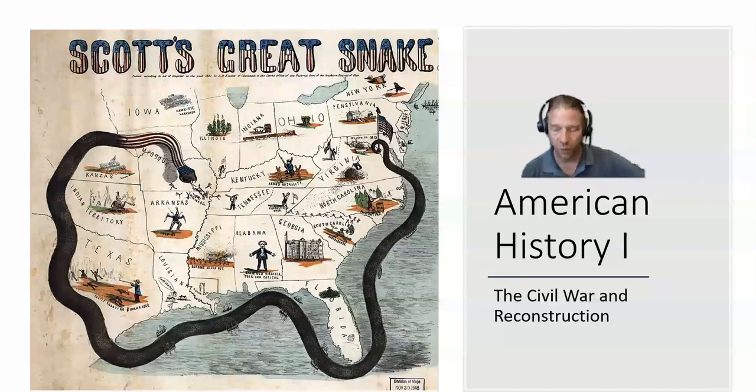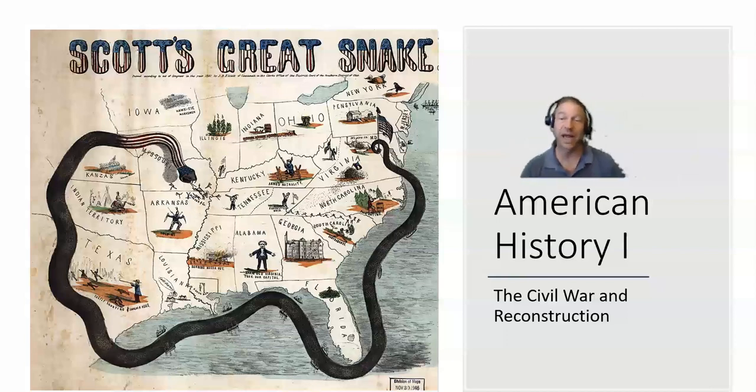Winfield Scott was really an American hero from the Mexican-American War, and he was older during the Civil War, but from his influence as an advisor to Abraham Lincoln, Winfield Scott helped to mastermind the creation of what became known as the Anaconda Plan. And the Anaconda Plan, and I'm going to get back to the naval stuff in a second,